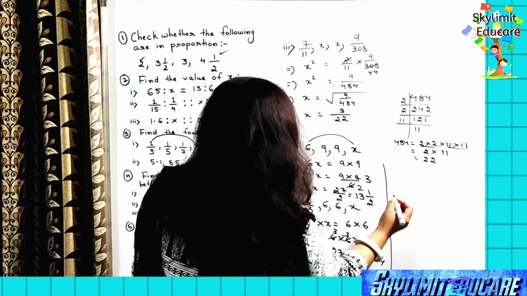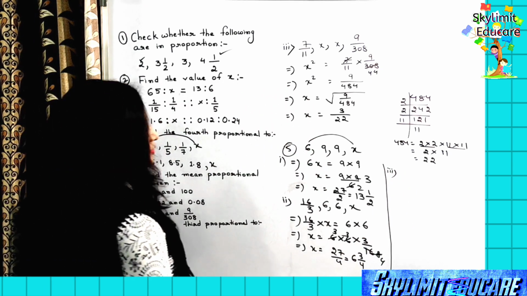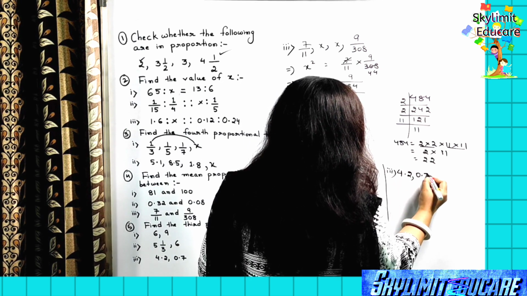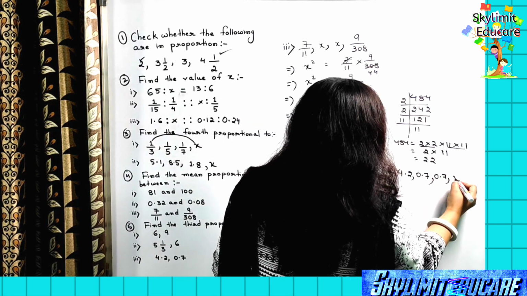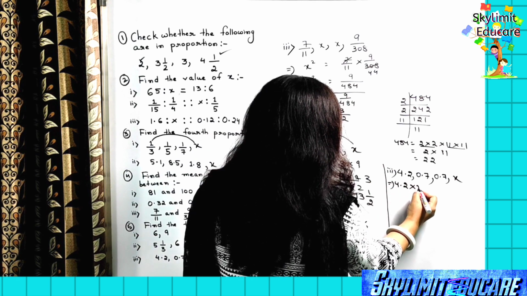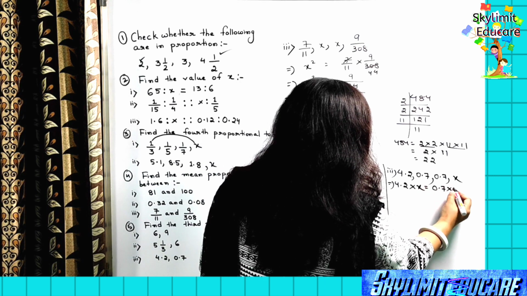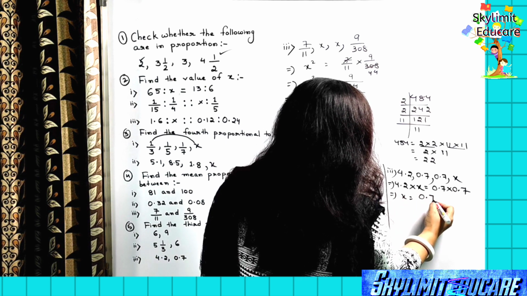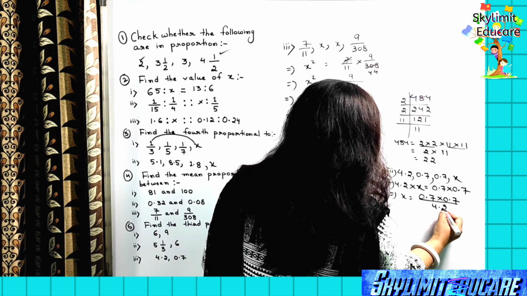Now let's come to the last question for today. Bit number 3. 4.2, 0.7. So take the next third term also to be 0.7 and the last term to be x. So let us write down 4.2 multiplied by x is the product of the extremes and these two are the product of means. So x will be equal to 0.7 multiplied by 0.7 whole divided by 4.2.